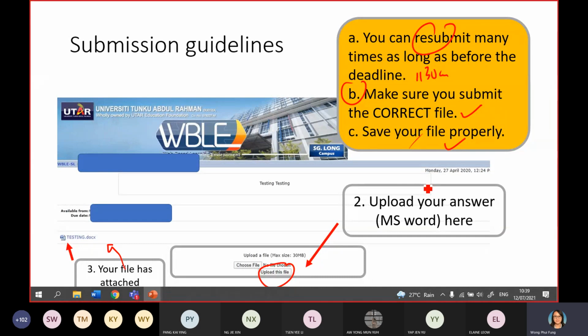He or she thought they saved the file properly, but when she wanted to submit, she only realized that the file was gone, the answer all gone. So it is very important. You have to take responsibility to save your file properly and do some backup. Okay, this part is very important because I don't want anything to happen later.